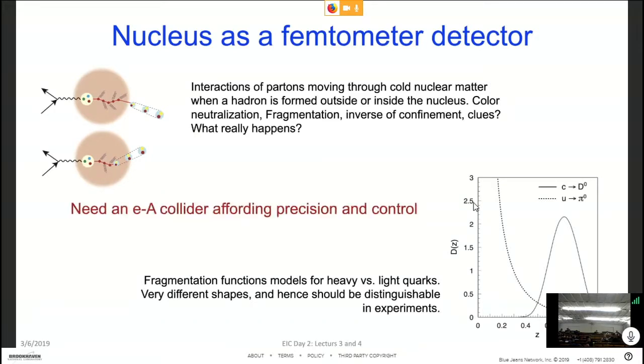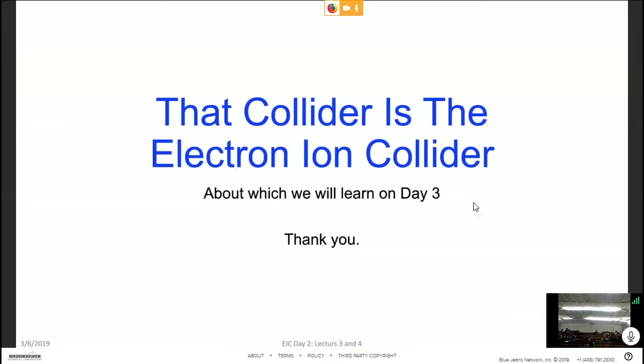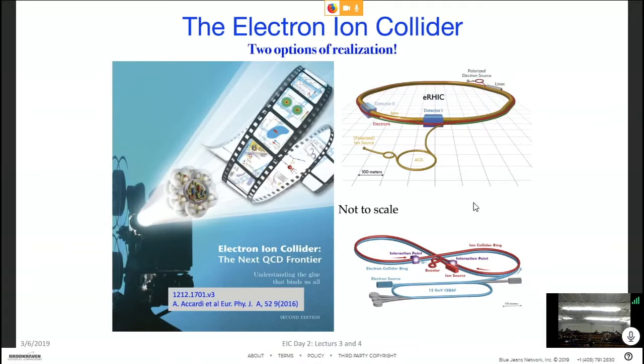You need a nuclear collider, an eA collider, which affords not only precision because of the electron scattering, but control also because of the electron scattering. And the nucleus importantly gives us the size, the femtometer detector that we are looking for in this kind of physics. That's the reason for the electron ion collider, from the nuclear side at least, to start with, which we will consider tomorrow. So I think I will stop at this point, and tomorrow I will start with the more detailed